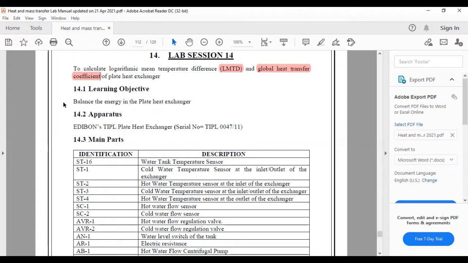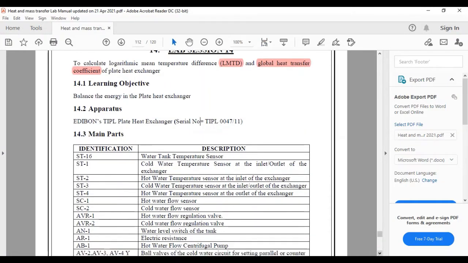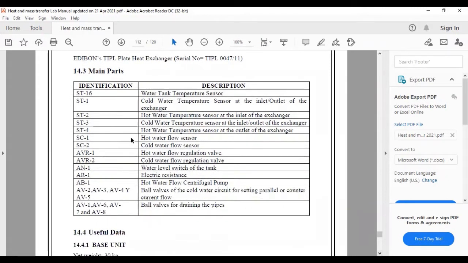Now our objective is to balance the energy in the plate heat exchanger. So I will show you the plate heat exchanger. We will use operators here. The plate heat exchanger's serial number is TIPL 0047/11. On this heat exchanger, we have different kinds of sensors. Especially, we will provide hot water flow, and for that purpose, we have a tank filled with water. And in that tank, we have used this